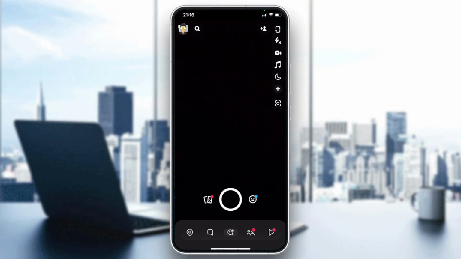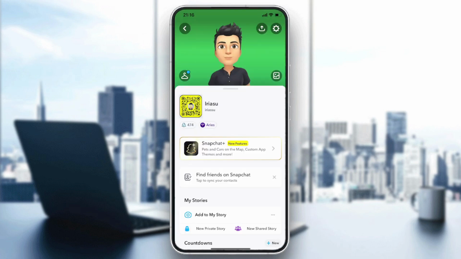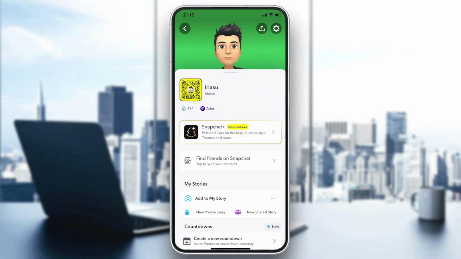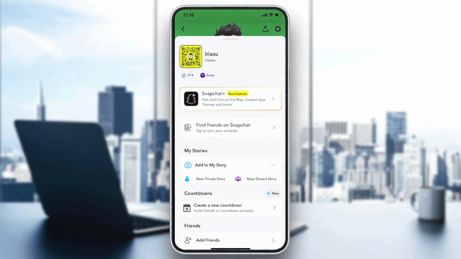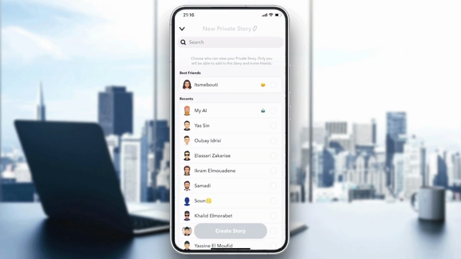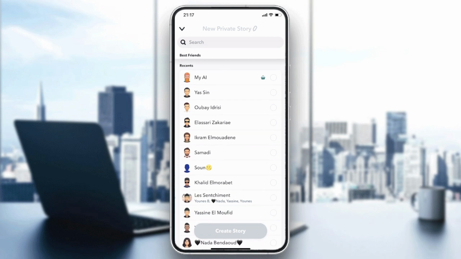So all you need to do is click on your profile picture here and you will find your profile menu. Basically, here in My Stories, we will find Add to My Story and there is a new Private Story. Here you create a new story and just make sure that you are the only one with it, or with the AI,